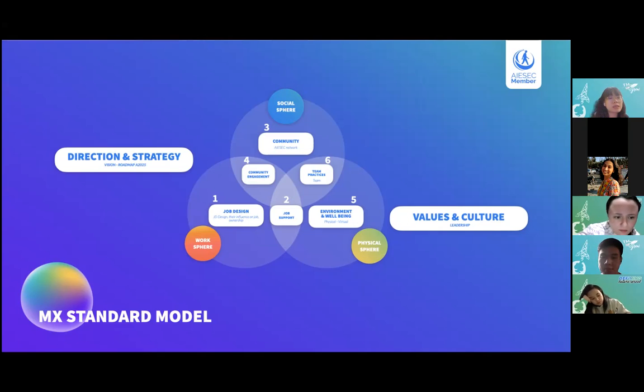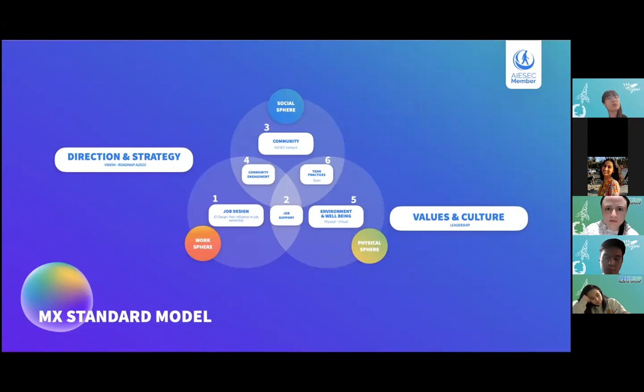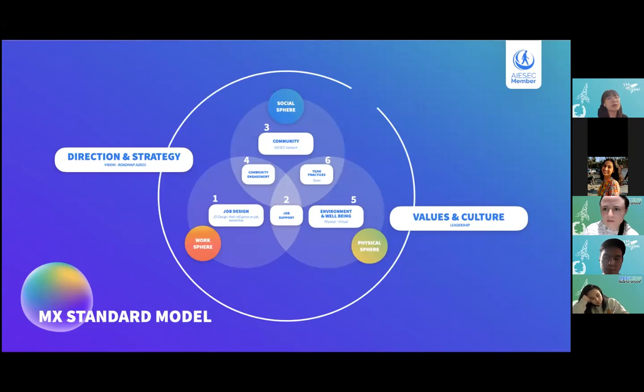The first thing is, when you design the standard and how the standard should be implemented, keep in mind the direction and the strategy of the whole organization. For example, if the whole organization is doing change management, then usually we need to build an agile behavior for the member. So in the community creation, how can you embed the element of agile when you deliver the standard about community, how can you also build the asset value in the way that you deliver team practice, or how can you deliver the part about list pay when you design the job description for the member and so on. Next slide.